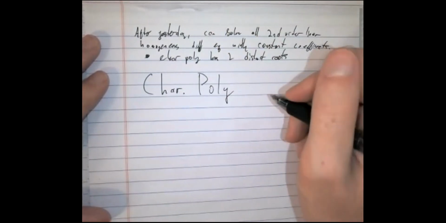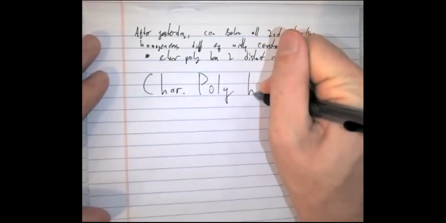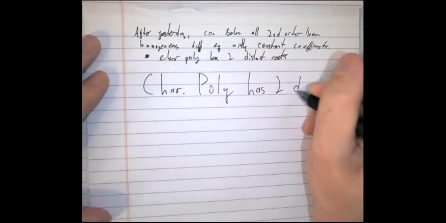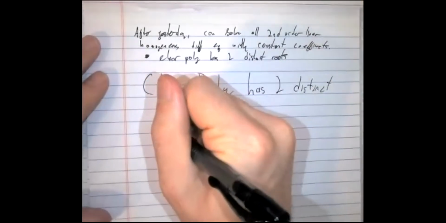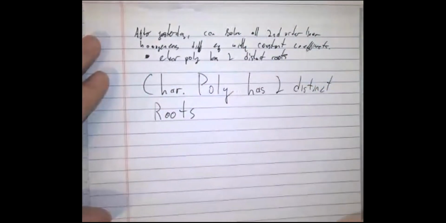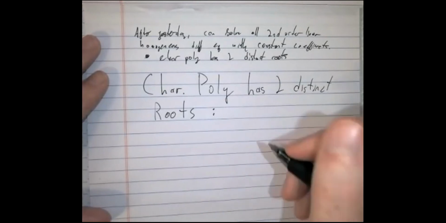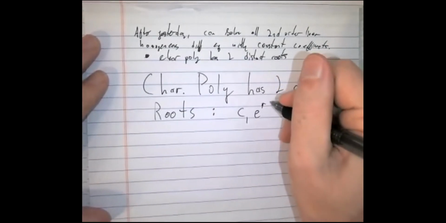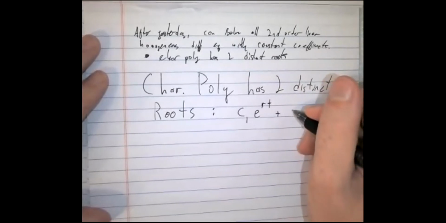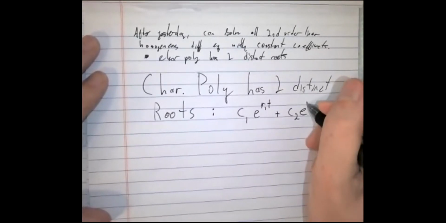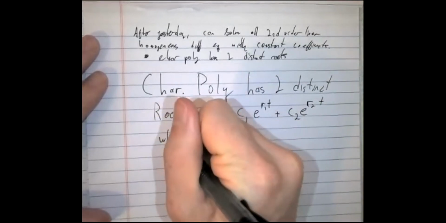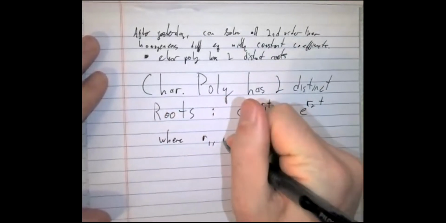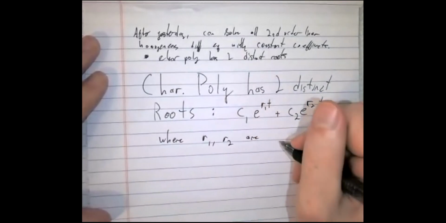Okay. If the characteristic polynomial has two distinct roots, then what's the form of the solution? You have y equals c1 e to the first root plus c2 e to the second root. Yep, e to the r1 times t, plus c2 e to the r2 times t, where r1 and r2 are roots